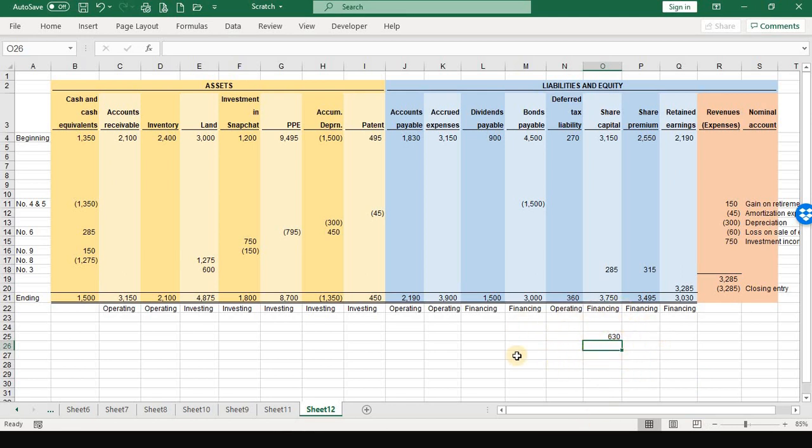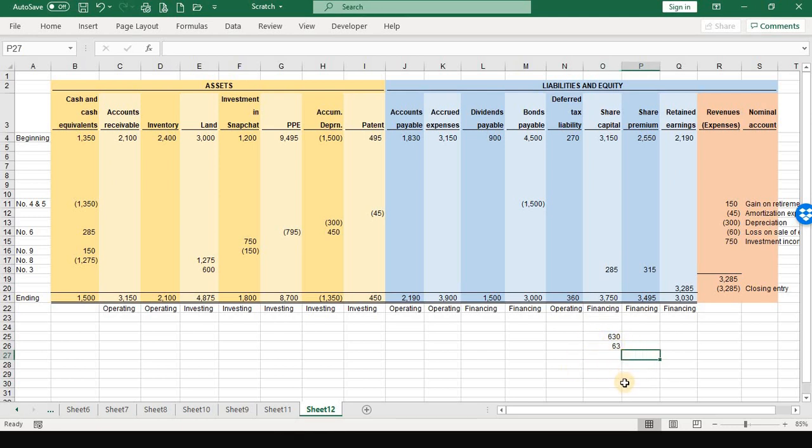So the 630 shares outstanding are entitled to a 10% stock dividend. So the 10% stock dividend is 630 times 0.10. So the number of shares issued as stock dividend is